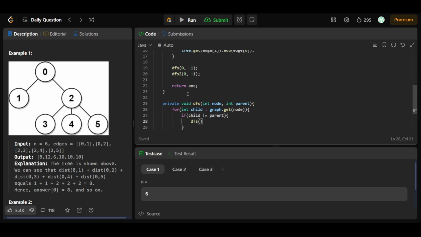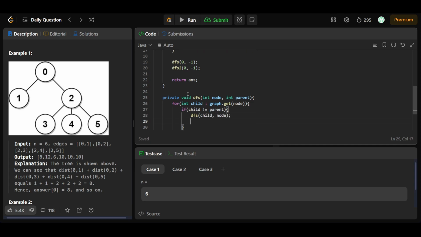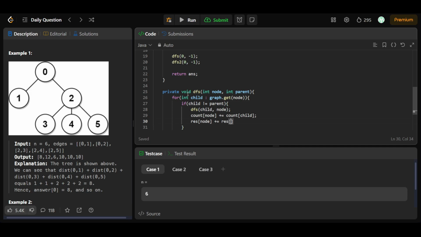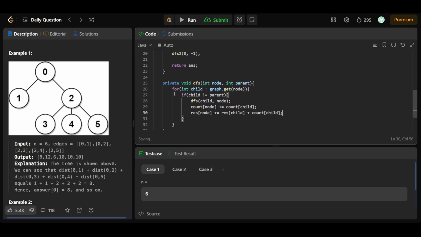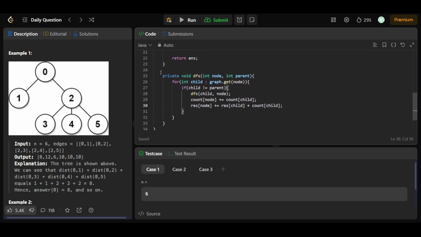I'll be calling the DFS again with child comma node as the parent, and in my count array for node I'll be adding the count of child, how many nodes are connected to the child, and now my answer for node I'll add the answer of child, plus the count of the nodes through which child is connected, count of child. Okay, and so this is just a dfs function, and the second one is also pretty similar,